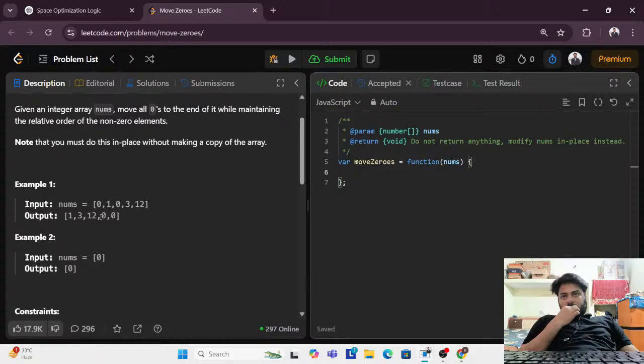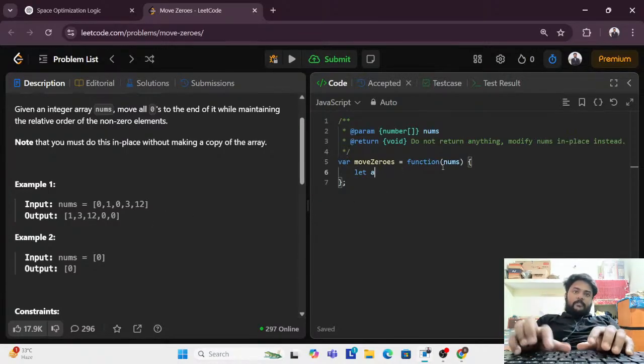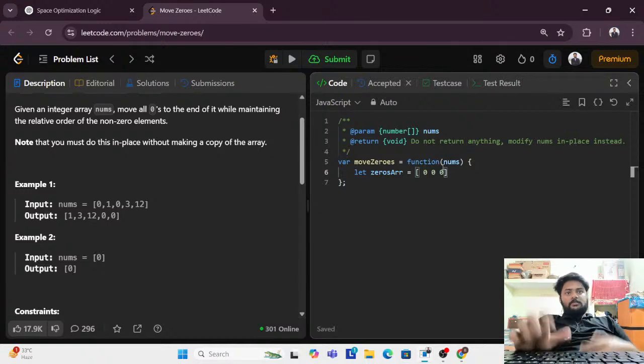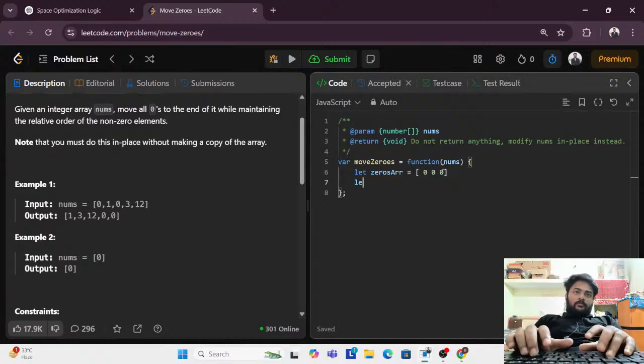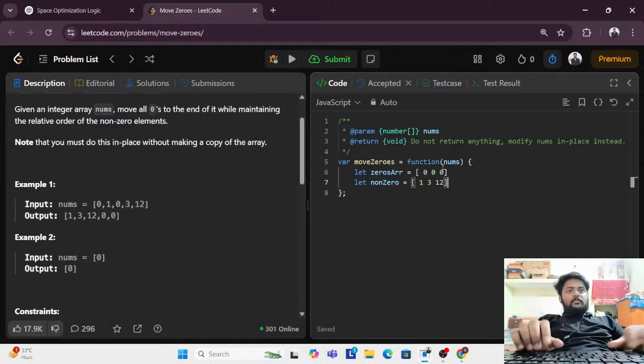I would just iterate on the array. I just save all the zeros in a different, separate array, right? And all the non-zeros in a different one. Non-zeros, zeros, right? 1, 3, and so what I would have done is